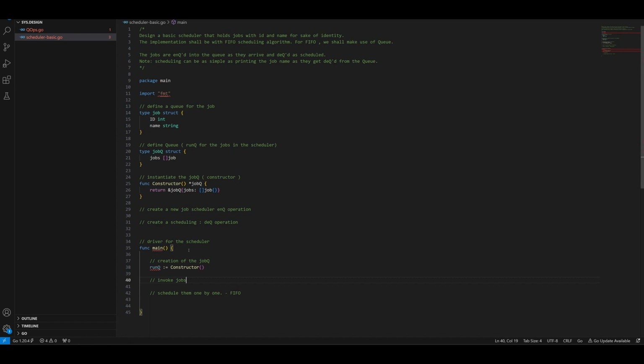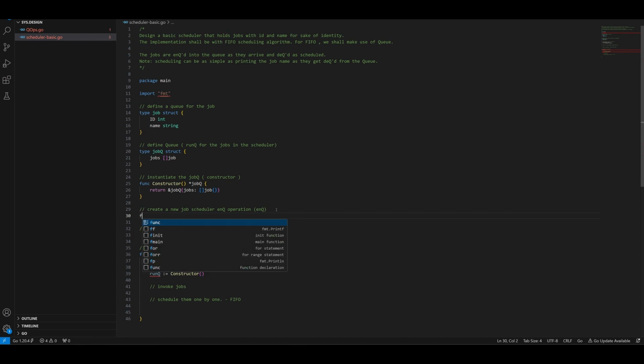Okay, fine. So we'll implement these two functions. So this is essentially going to be an enqueue operation, and this is going to be a dequeue operation when we talk in terms of the working behavior of the queue. So let's accomplish that. We are going to add the job to the rear end of the queue. So let's have function this star job queue and add job